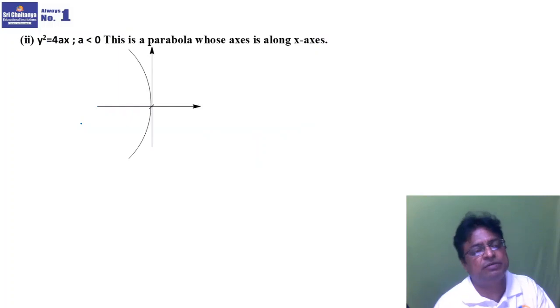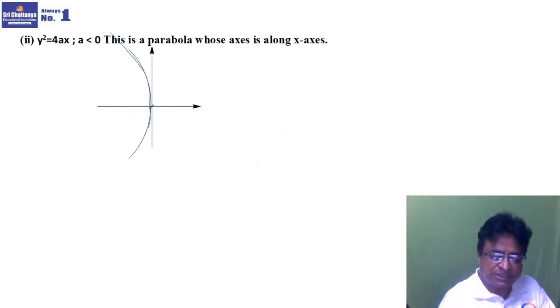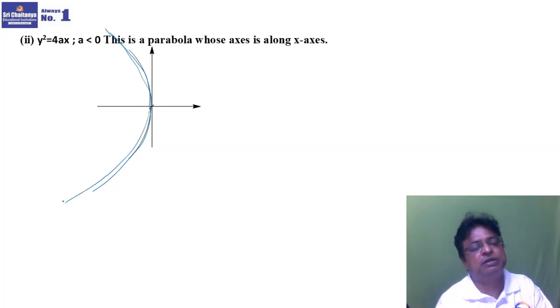The same curve, imagine, in the opposite direction. This is an infinite branch, of course this is the upper branch and this is the lower branch, and it is an infinite curve, not a bounded curve and not a closed curve either.